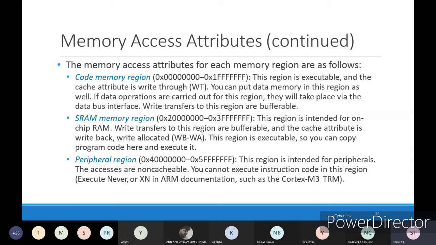In the peripheral region, it is intended only for peripherals and the accesses are non-cacheable, and you can't execute any instruction. Here it is only used for the transmission of data from your peripherals towards the execution area or towards the Cortex M3. That is with respect to the peripheral region.